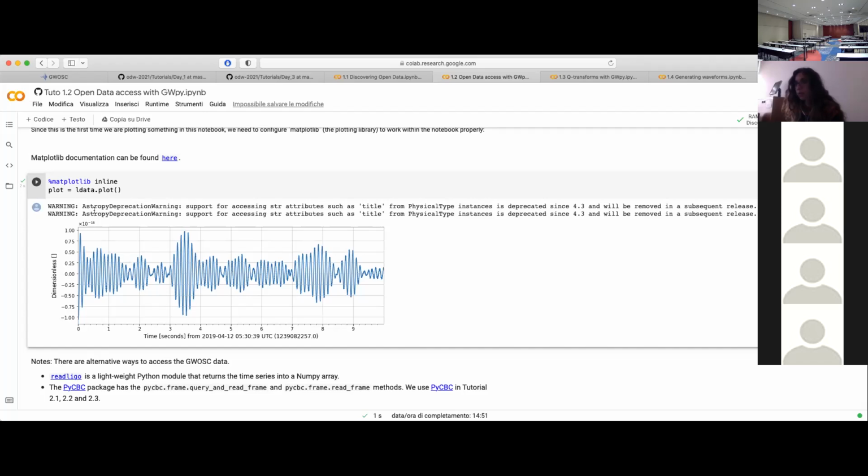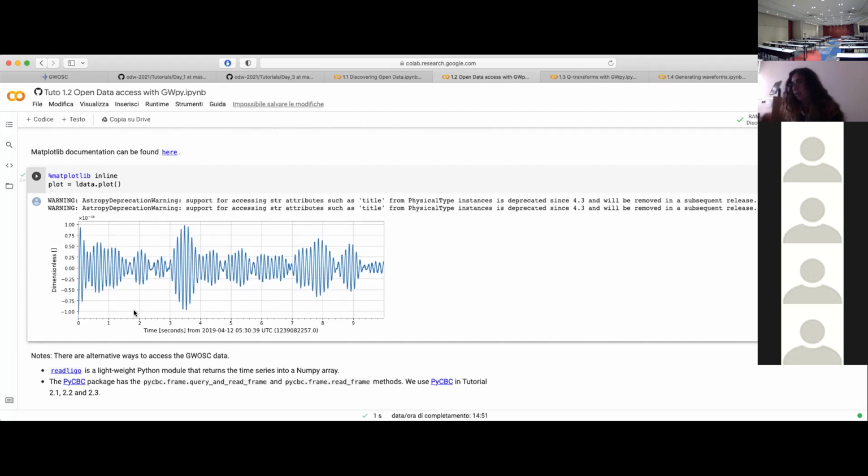And I guess there was an AstroPy update recently, so today I get this warning that was not there yesterday, but okay. So this is a typical plot of the strain that, as you can see by eye, you can see nothing. It's dominated by